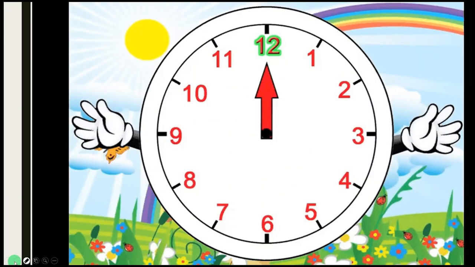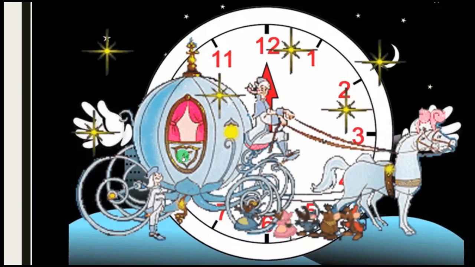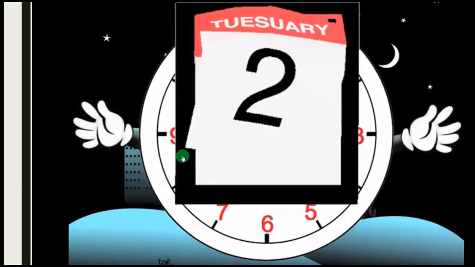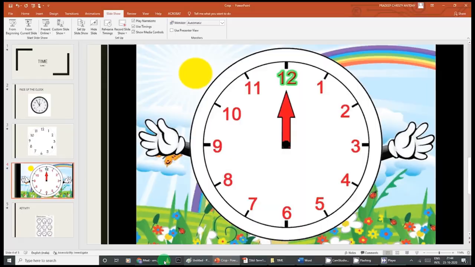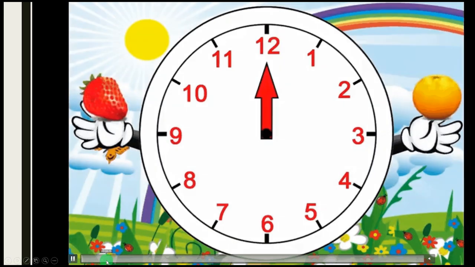Next slide. This is a video. If you're going to share this PowerPoint in Google Meet, then the audio from the PowerPoint will not be audible to the students. Hence, we need to make a change in the Google Meet setting temporarily before playing this video. When playing a video from a computer or a laptop, only the video can be seen by the children. The audio will not be heard. So without the audio, you can just play the video and explain it to them.